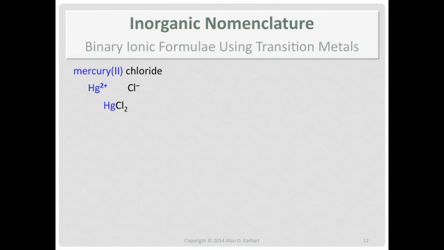Now, if you don't get the charge balancing, then you need to go back, watch a previous podcast, and do some work to understand the charge balancing, because I'm going to assume now that you know how to charge balance. Chromium 3 oxide. You know the charge on the chromium ion. You know the charge on the oxide because it's from 6A. Least common multiple of 2 and 3 is 6. Therefore, there's the chemical formula for chromium 3 oxide.